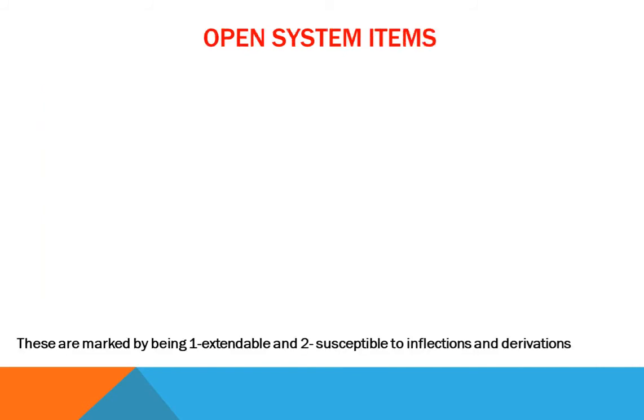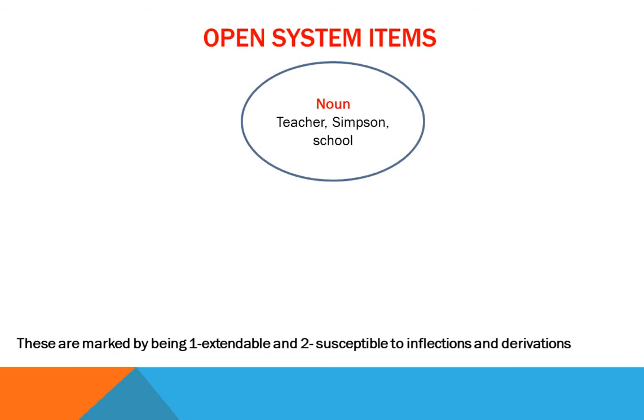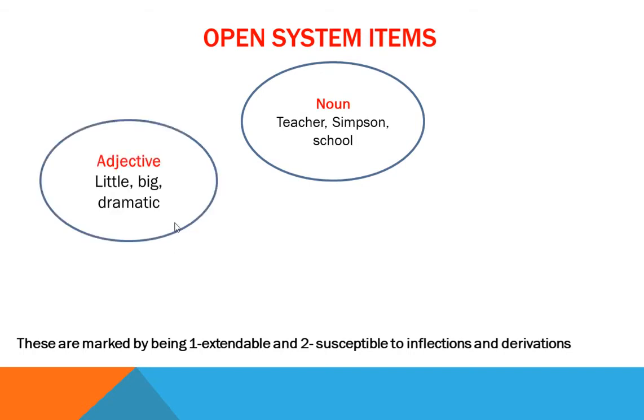The open system items include nouns, and these are the words that refer to people or things. For example, teacher, Simpson, and school. And we have adjectives, and these are the words that describe people or things or objects. And these adjectives include pure adjectives like little, big, or derived adjectives like, for example, dramatic, which is derived from